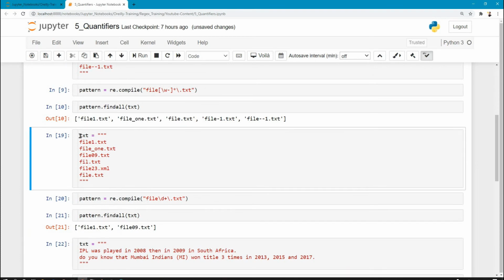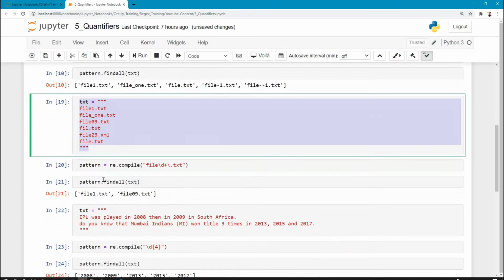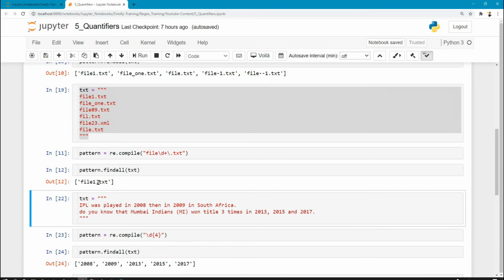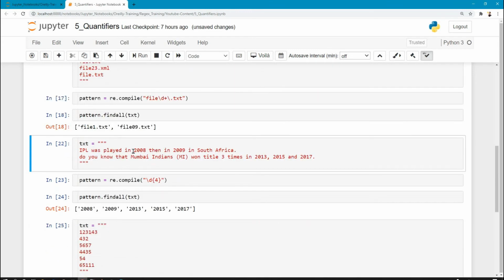Now in this example, if I try to find using compile a text file ending with a number, any number, and when I run it, it will return me file1.txt. So this is the result of this execution.